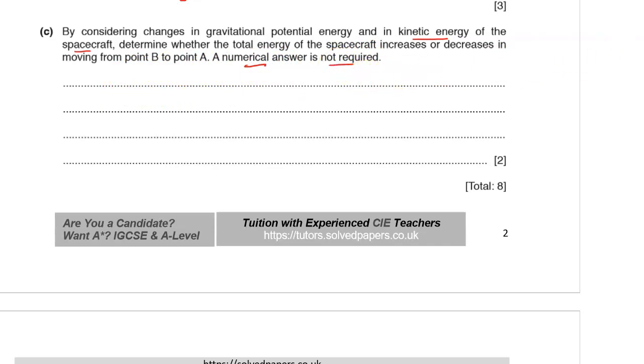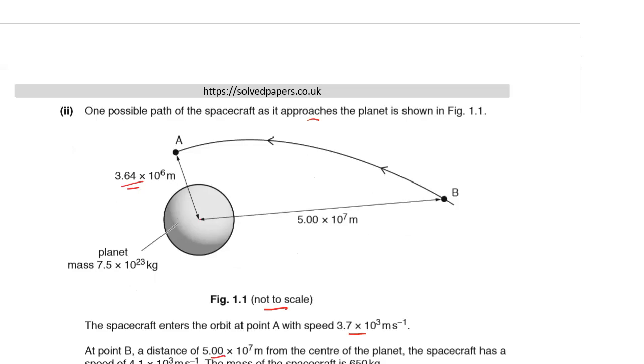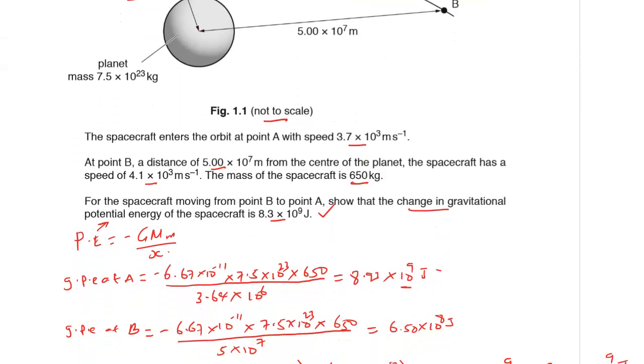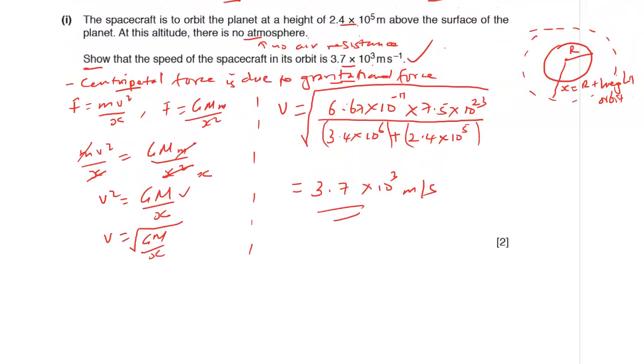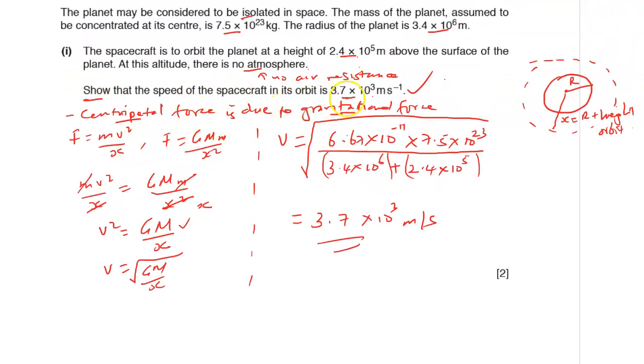Of course, you can see the speed given here. We're told that at point B the speed is this, 4.3 times 10 raised to power 3. And we know that the speed at A, which we had calculated here, we are to show that the speed of the craft is this,